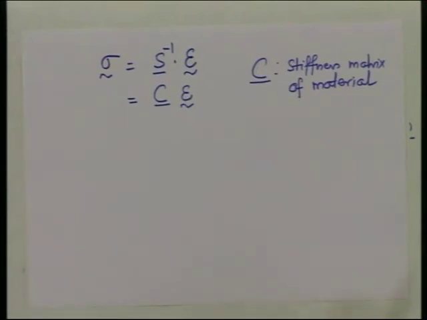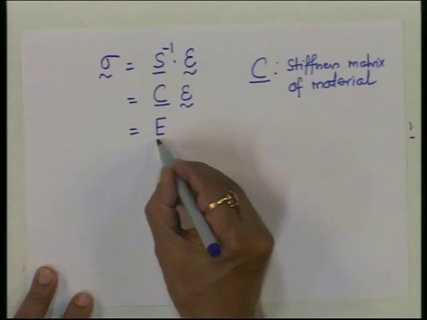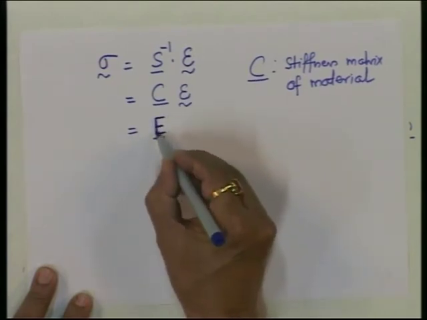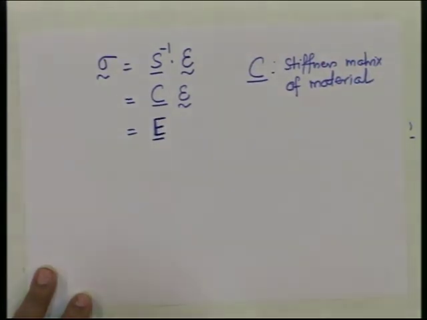I think you can get all these coefficients, and they are all tabulated for different states of stress. They are all available in the textbooks, so you do not have to do much effort. So, the C matrix is known, but I do not like C, so I will call it E, the elasticity matrix. Of course, E is Young's modulus, but when it is boldface, then it is the elasticity matrix E.